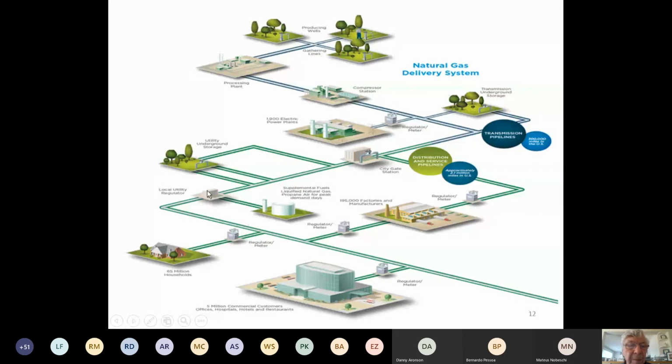The only thing that I'd add to it would be that sometimes close to a large city, we will have underground storage, because sometimes the demand for gas switches or changes dramatically during the course of the day, or even through the seasons. In North America, that's true. But rather than design a very large pipeline that may only be fully flowing 2 days out of 365, we design a smaller pipeline, and when things are quiet and the demand is low, we move the gas into storage and then withdraw the stored gas at the time when the demand